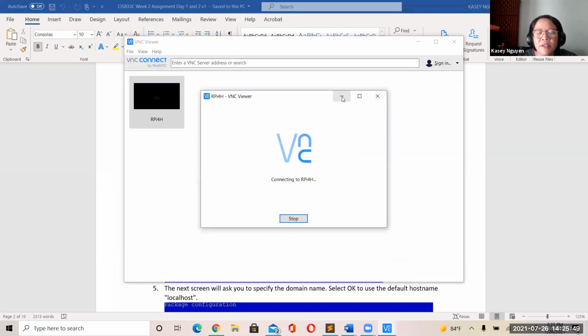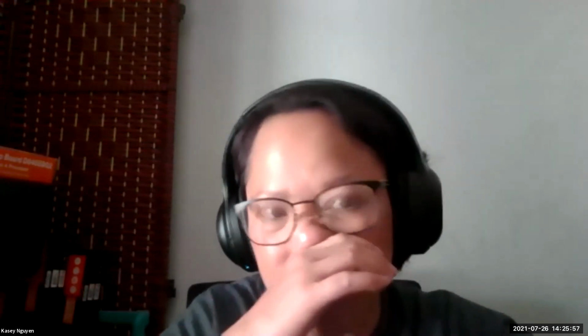And I'm going to try to VNC back into my Raspberry Pi here and see if it's going to connect to me, as I was facing some issues with my network earlier. Yeah, bandwidth is a little